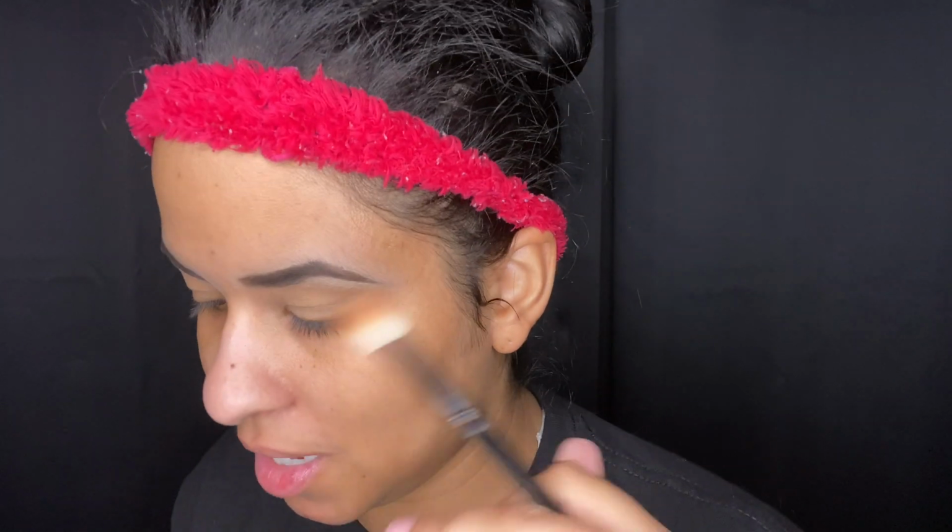The primer is so good that I can't get the mistake off. So I'm going to hurry up and just use a little wipe to get that off. So all of the products are going to be listed in the actual corresponding blog post. But I just had to tell y'all this because I keep forgetting about this thing. I use this